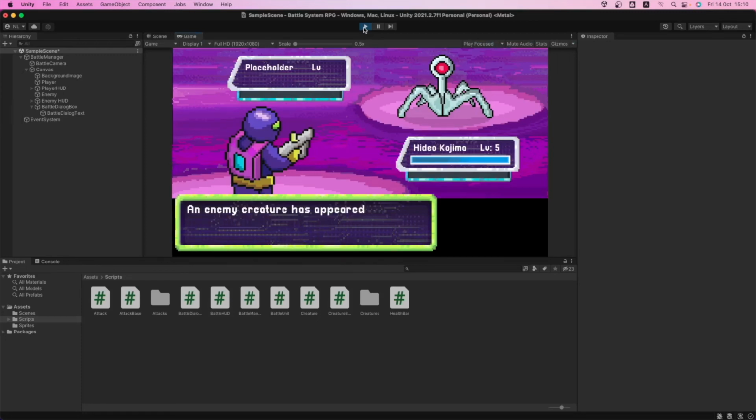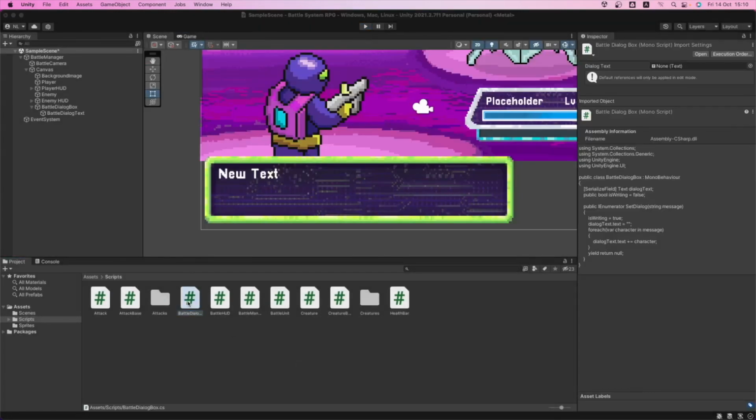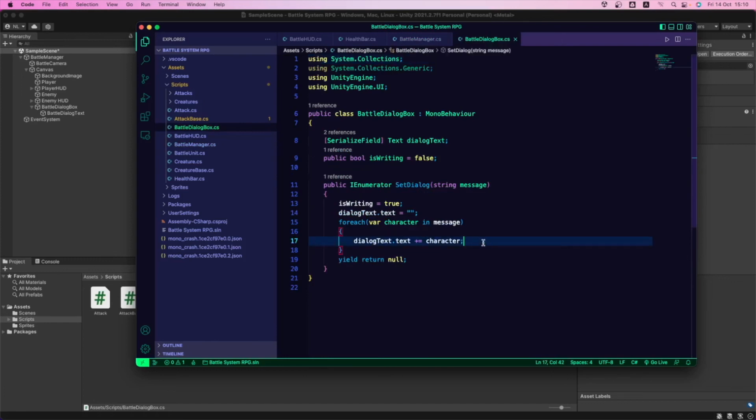So now we've got the method that is passing the text, but we want it letter by letter. So let's go back into editing that. Let's go into the battle dialog box script, and now here is where the coroutine gets interesting, because it's going to have its own independent time inside the coroutine. So how do we do this? Let's see if we go inside the loop or outside. No, we're going to do it inside the loop. Yes, inside the loop.